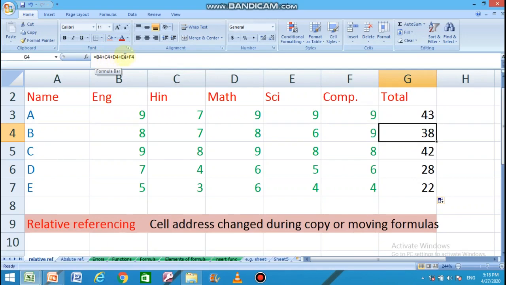In the formula, the cell addresses are changed automatically. B3 becomes B4, then B5, C5, D5. In the same manner B6. So it means when we copy or move the formula from one cell to another, the cell address is changed. This explains relative referencing.